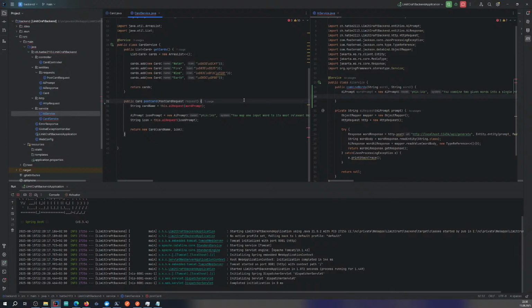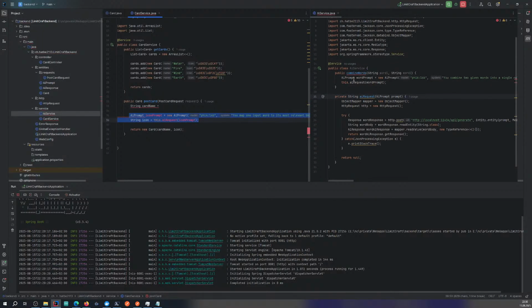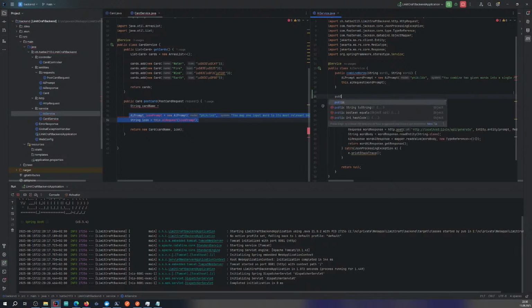This is the function below, of course, word prompt, and then exactly the same thing for public get